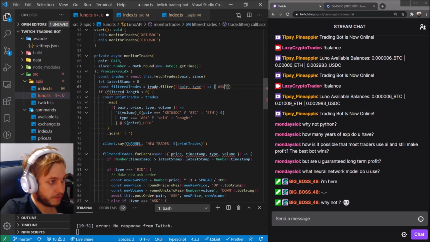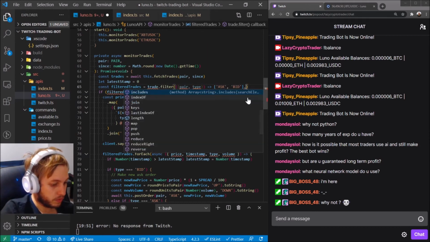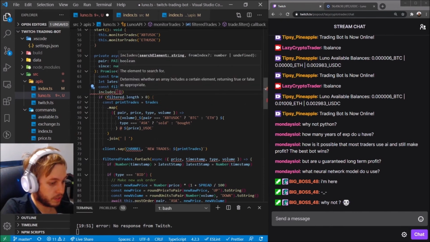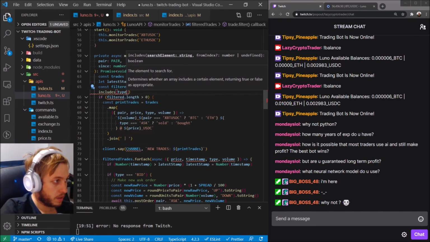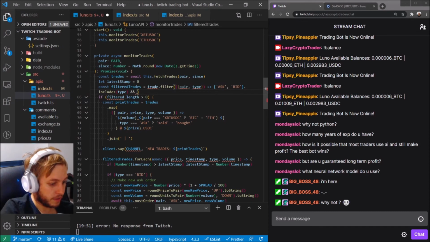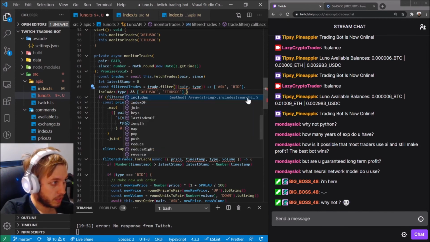We want to only have ask and bids as the type, dot includes type, and the pair is going to be XBT USDC and ETH USDC, dot